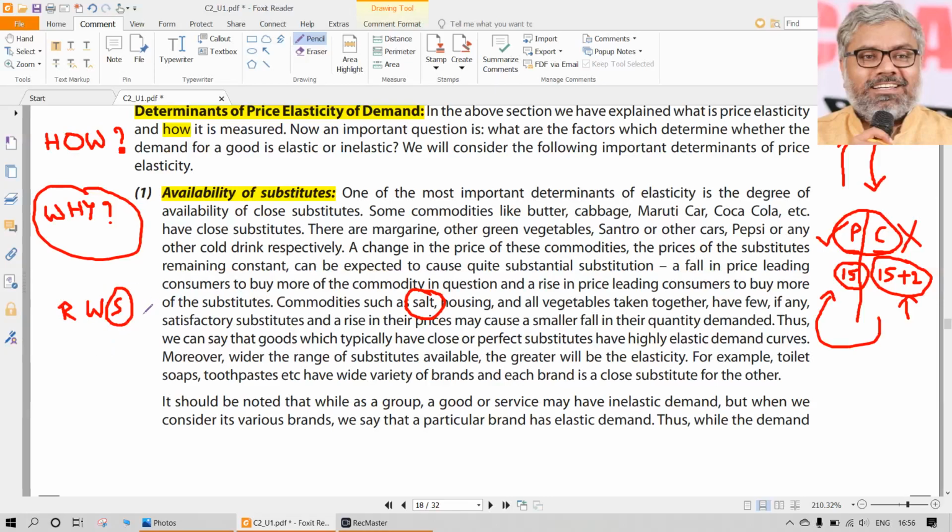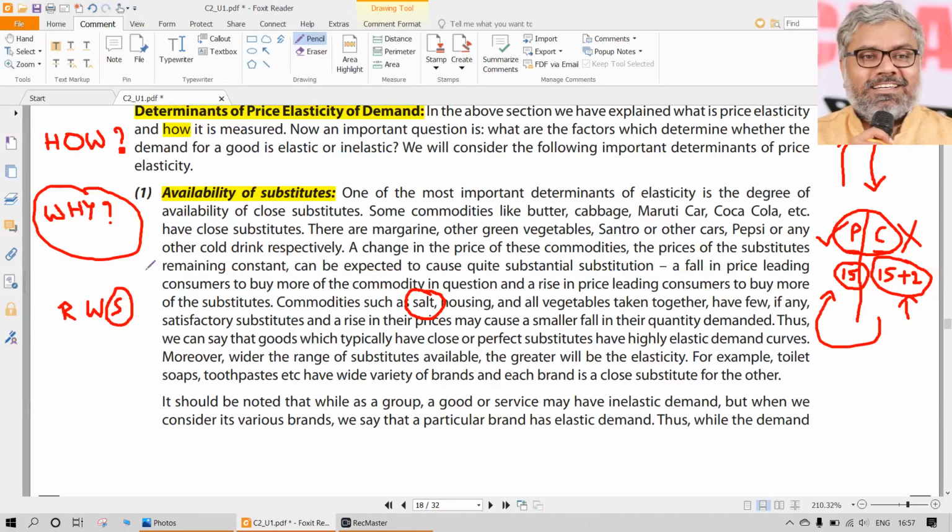If it has a substitute, then the price elasticity will be high. Since salt cannot be substituted with any other product, brands are different, but the product salt cannot be substituted with any other product. So that is why the price elasticity of salt will be very low, which means even though there is a decrease in the price of the salt, let us say next day there is a 50% discount on the price of the salt.